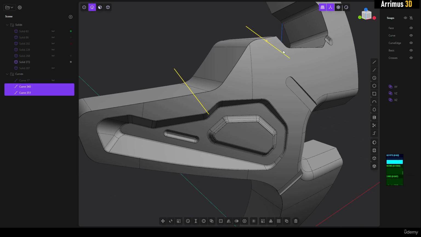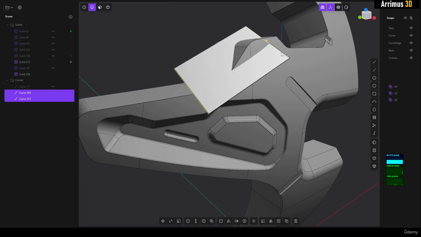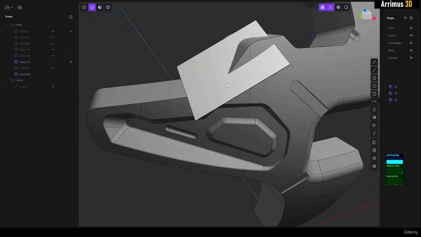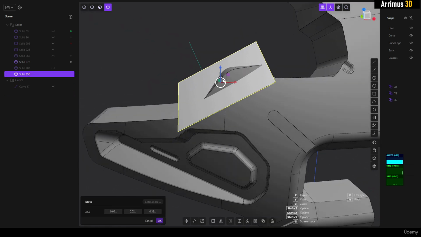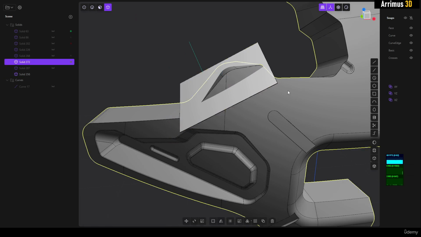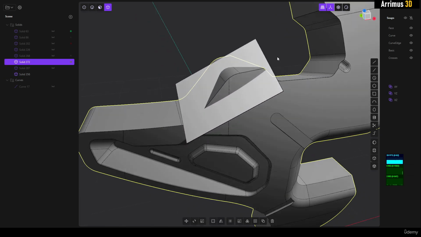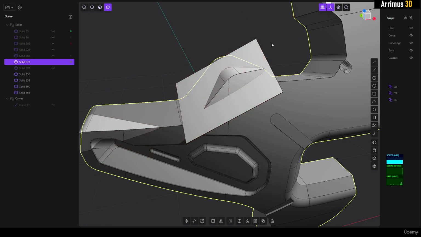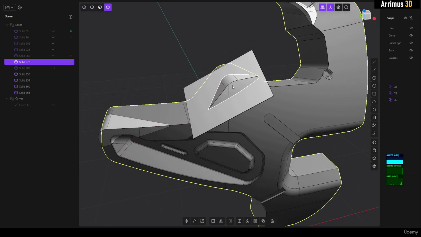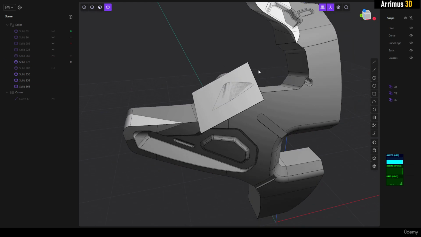All right, let's loft that. We can delete the lines. Select this, press C, then select this object. We can now, for example, select that and delete it.